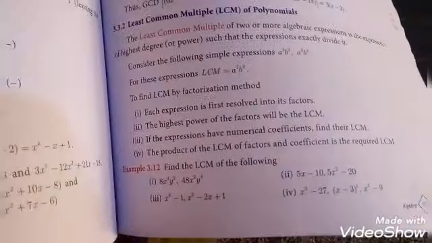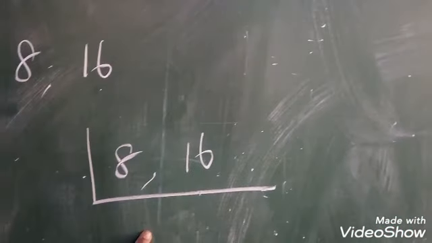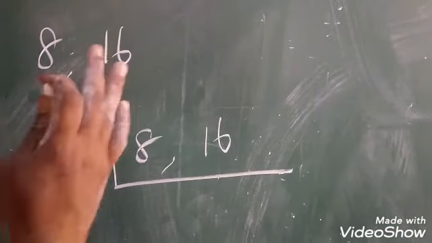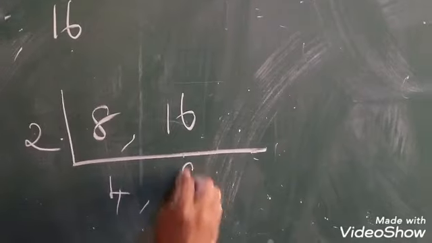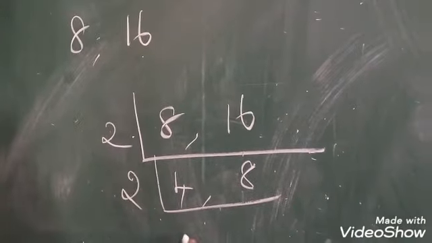See, girls, we are going to see LCM. First see the numbers 8 and 16. Two numbers are given, and we want to find out the LCM. How do you find it? The prime factorization: 8, 16, we have to write like this. Divide with the 2 table. How many 2s in 16? Yes, again you have to divide by 2, up to the prime number. Then here 4. Then next divide with 2, giving 1 and 2. Now you have to stop the division, because 1 is neither prime nor composite, and 2 is the prime number.